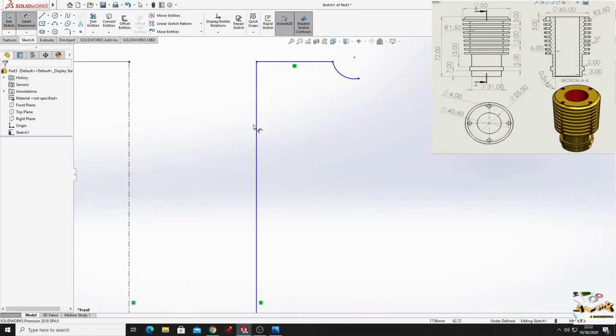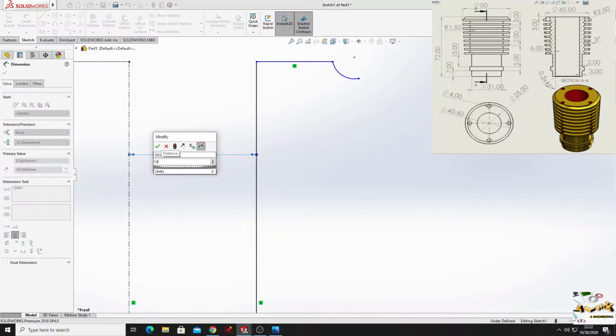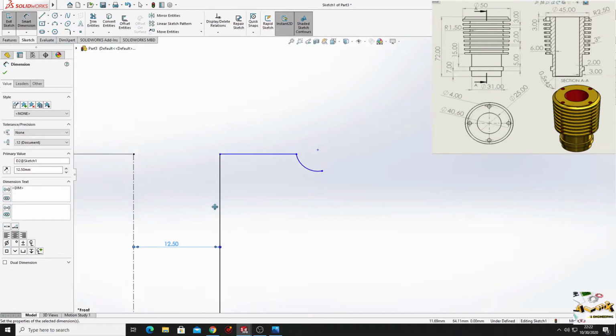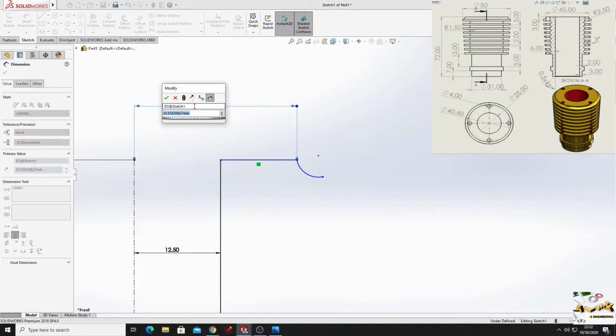Now we'll have to give some dimensions here. So from this line to this line will be 12.5. From this one to the center line will be 22.5.